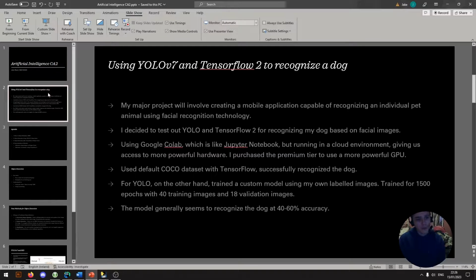For this project, I used YOLOv7 and TensorFlow v2 to recognize pictures of my dog. I did that because my major project is going to involve creating a mobile app which is capable of recognizing people's individual pets using face recognition. So I thought that I'd try out YOLO and TensorFlow 2 for recognizing my dog based on facial images to